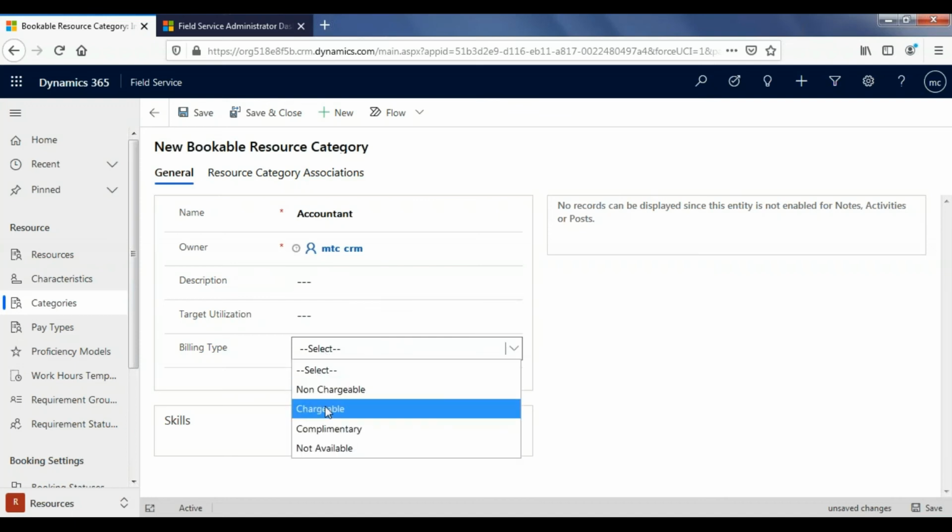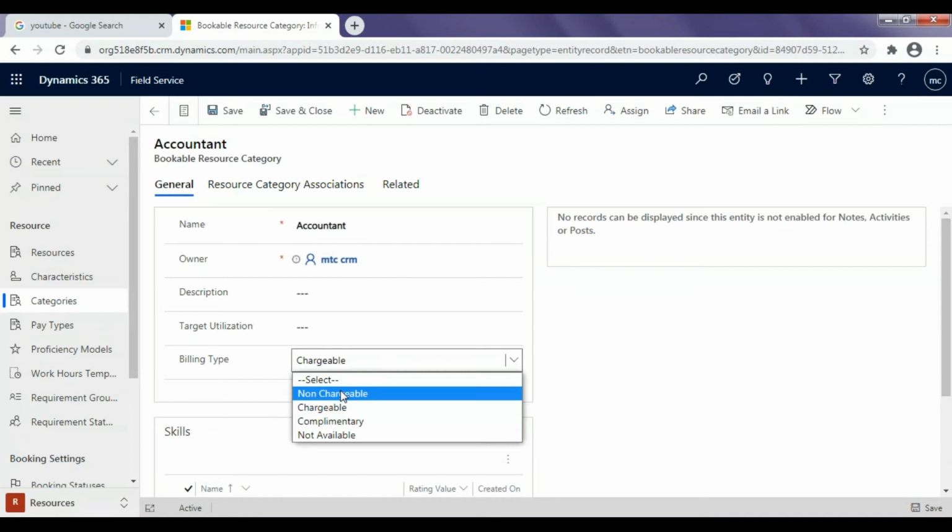These are the different billing types: chargeable, non-chargeable, complimentary, not available. Chargeable. It will be included in the billing when it is selected as chargeable. Non-chargeable.